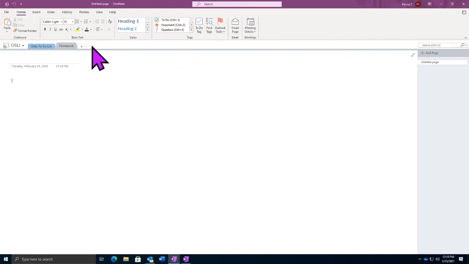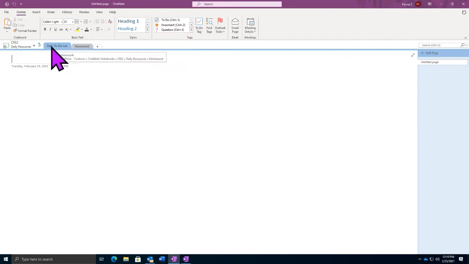And we can do this by right-clicking at the top of our notebook and creating a new section group. We'll call this our daily resources. And to add content to this section, we simply click it and drag it on top. Now we can click and drag both of these into our daily resources and they'll be contained there.